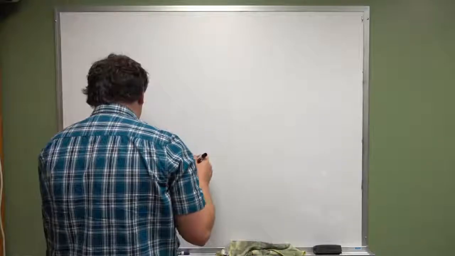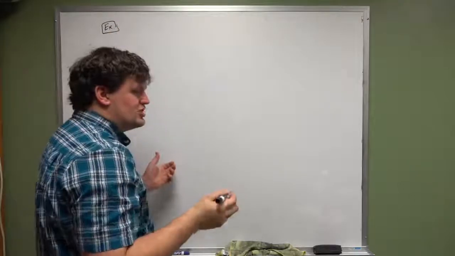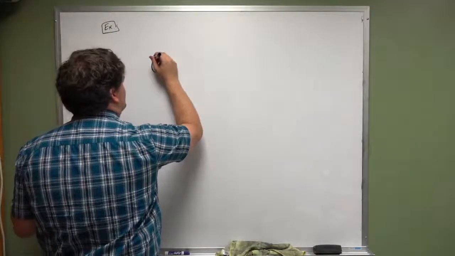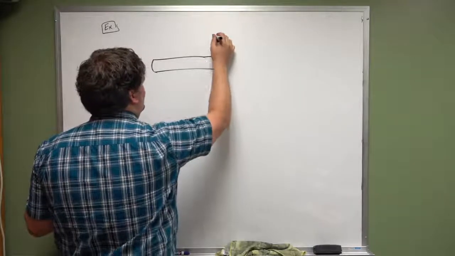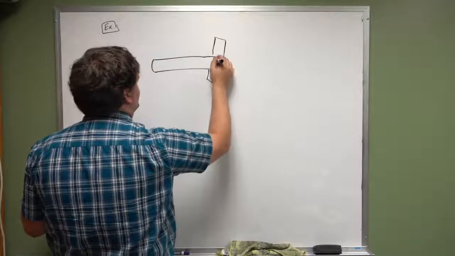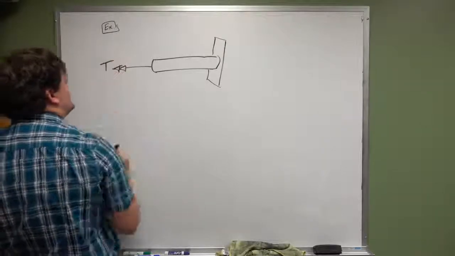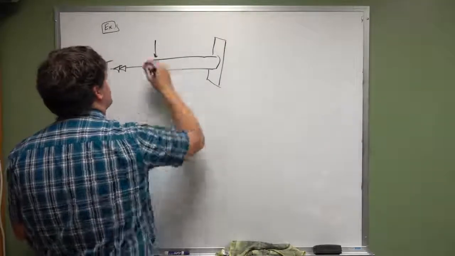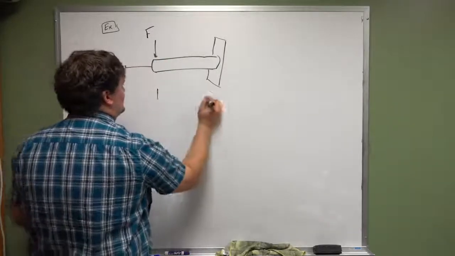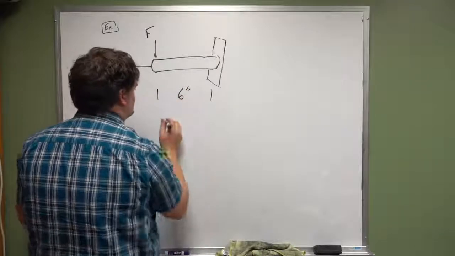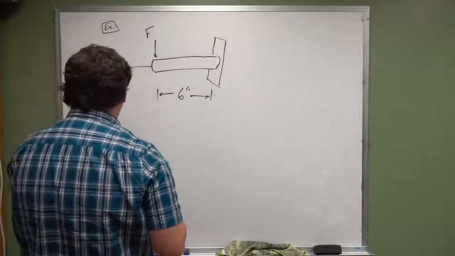So, what we're going to do for our example today isn't going to be terribly challenging. The idea is you've got a circular beam, mounted to a wall or a plate or something, and this has a torsional load, T, applied to it, and a shear load, F, applied to this end. We're going to say that this is 6 inches long. We'll say that T is going to be equal to